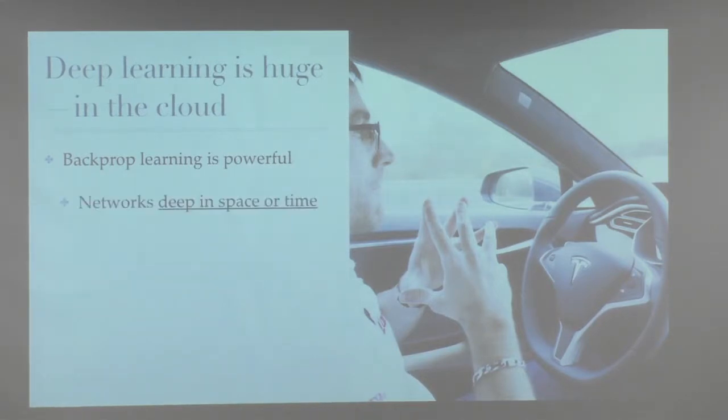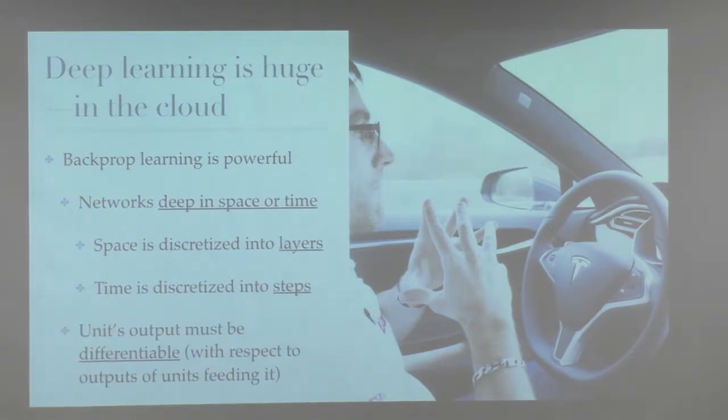The reason backprop is powerful is that it can train networks that are deep in space and in time. By deep in space, I mean space is discretized into layers, so the more layers you go, the deeper the network is in space. It's also using discrete time steps, so it's deep in time because you can train a network with a long memory back in time. That's what backpropagation through time does. And this ability to go deep is what has led to cars driving themselves with some babysitting on your part, but it's getting there.